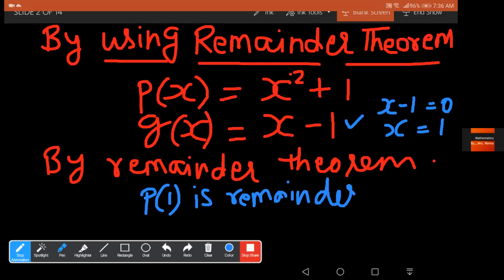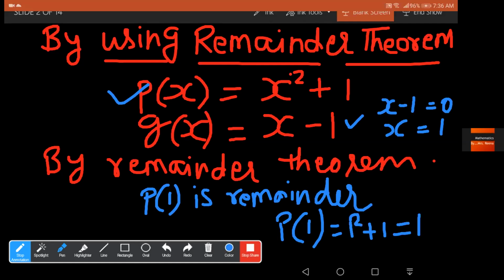Then how to do it? ये देखिए. अगर मैं यहाँ p(x) में x की वैल्यू को 1 से रिप्लेस करूँ, then I will get 1 square plus 1 and that is equal to 1 plus 1 and this is equal to 2. है ना. तो सिंपल सी बात है कि अगर आप यहाँ पे जिससे भी आपको डिवाइड करना है उसका 0 फाइंड करेंगे, उसे 0 के इक्वल रख के x की वैल्यू फाइंड करेंगे एंड दैट जो भी गिवन पॉलिनोमियल है उसमें वो वैल्यू पुट करेंगे, देन यस यू विल गेट द रिमाइंडर ऑफ दैट पर्टिकुलर क्वेश्चन.